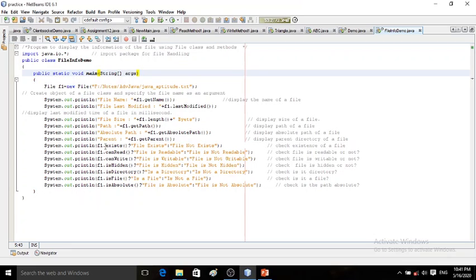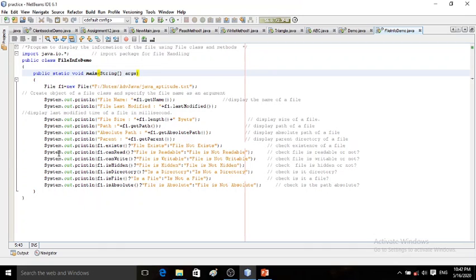So f1.exists: if this condition is true, that means if this java aptitude.txt file exists, I will get the result as file exists. Otherwise, if it is false, I will get the file not exist message. So it checks the existence of a file. On the next line, f1.canRead.